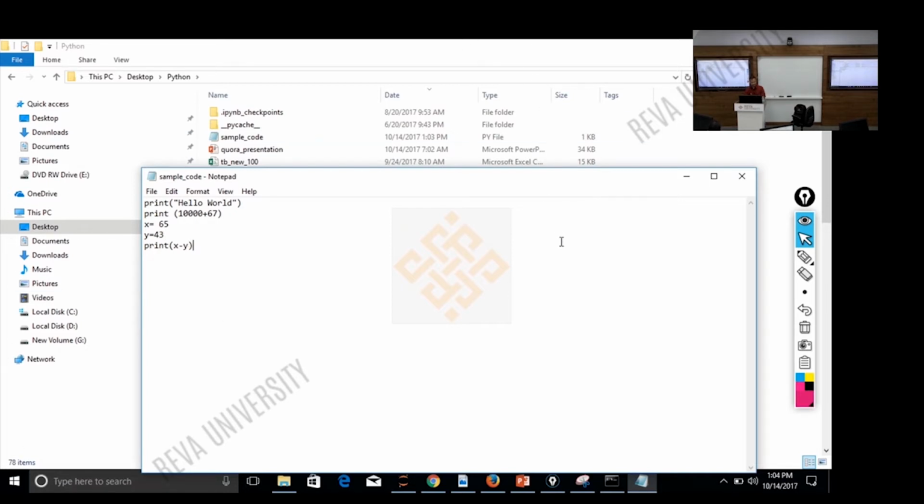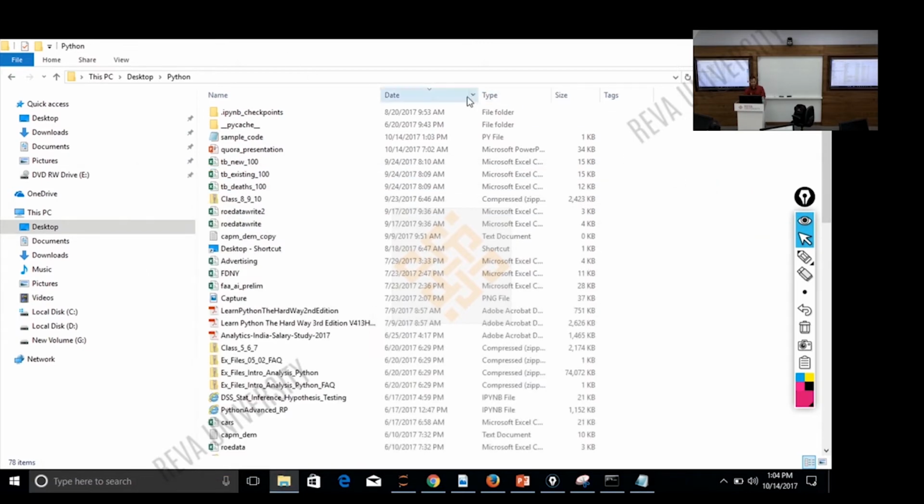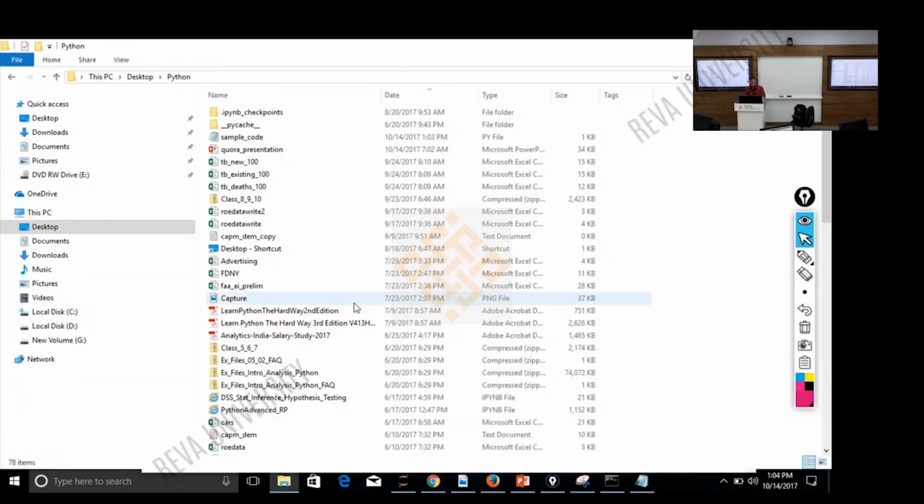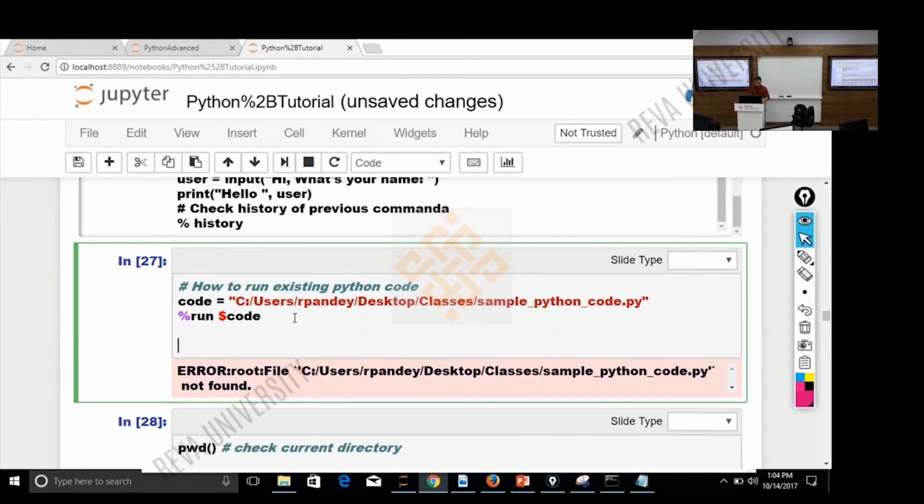So let's say this is what my code is, and this code is going to be stored in this directory, which is over here. So this is the code. It's called sample code, and it's user, admin, desktop, Python. So I will go back in my notebook over here. Let me just copy this one before I forget. So it's user, then admin, desktop is fine, then it's Python. Yeah, that is correct. And then it was called sample code,